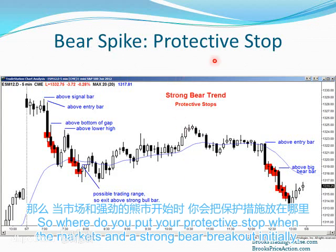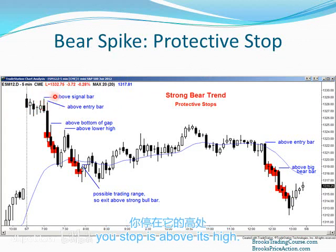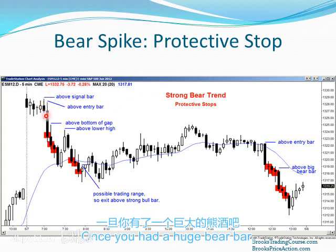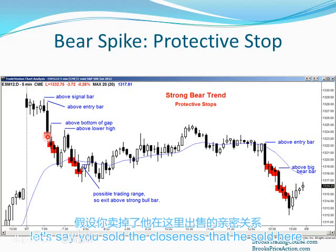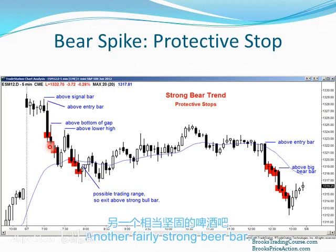So where do you put your protective stop when the market's in a strong bear breakout? Initially, if you sold below this bar, your stop is above its high. Once you had a huge bear bar, let's say you sold the close, let's say you sold here. At this point, you would move your stop to above the high of the strong bear bar. Another fairly strong bear bar,